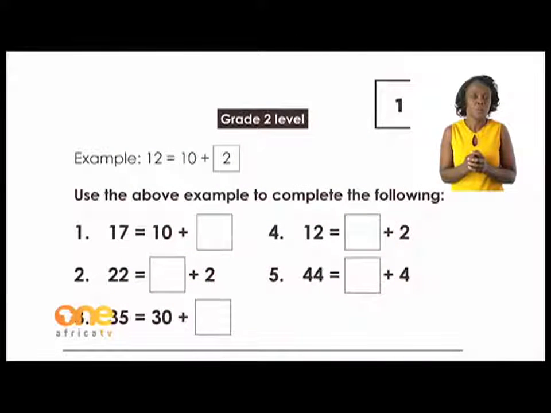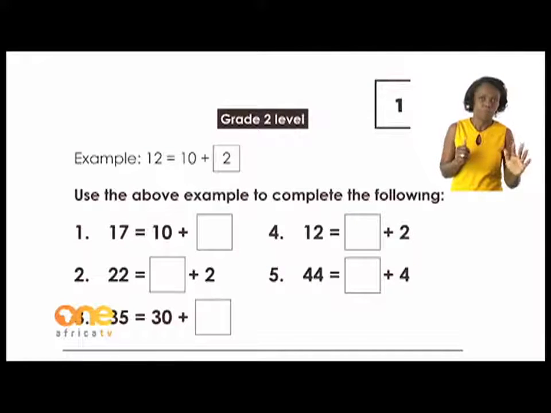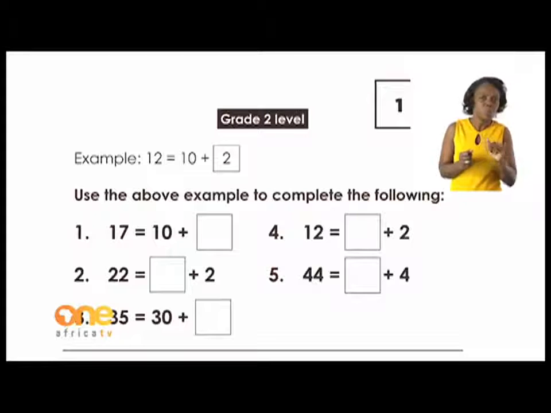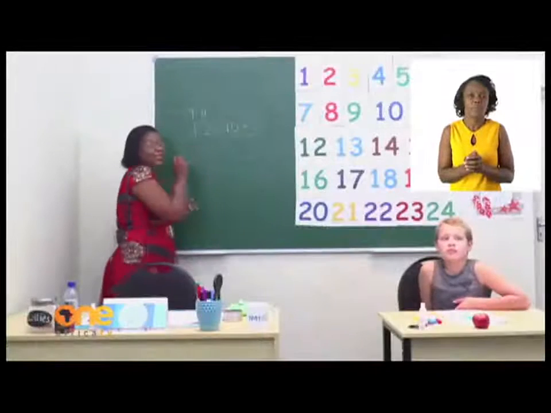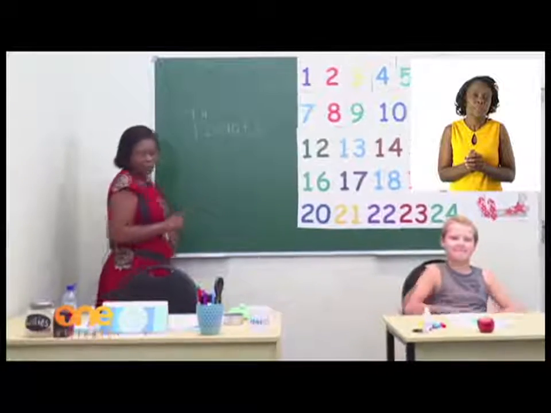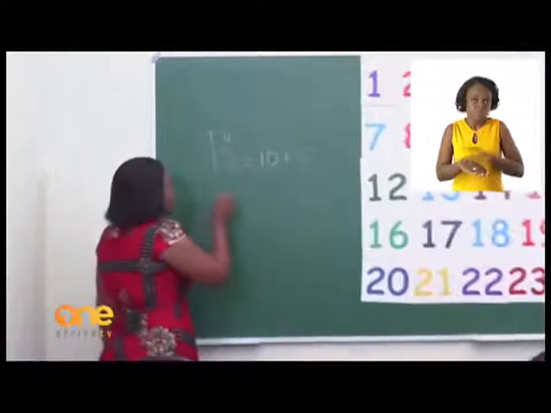Now I would like you to do the others and see if you are able to break down the 17 as well. Do number 1, 17, and do 22, and do number 3, number 4, and number 5 in the same way. You just have to find out which one is the tens and which one is the unit. Let me try to do number 3 for you, as it looks challenging when the units change from a 1. What do we do? Okay, number 3 is